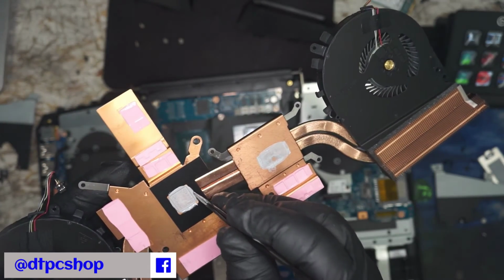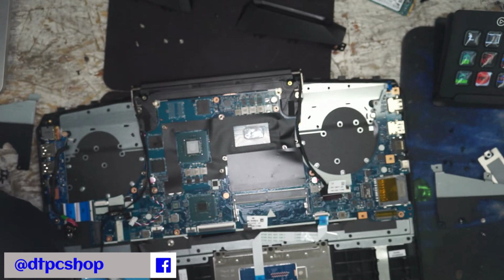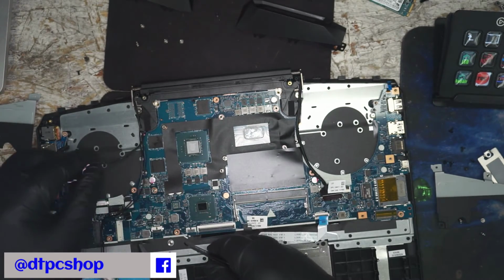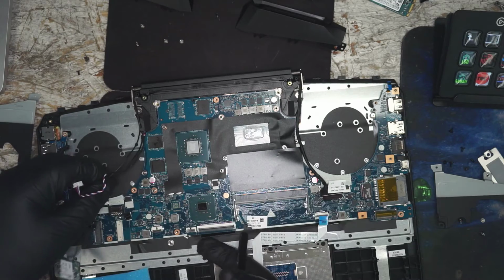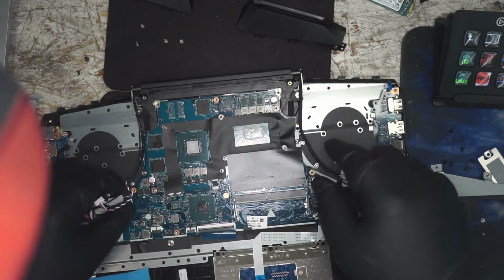Want to see how tacky. The very tacky new thermal paste. This wasn't manufactured very long ago. We're still going to have to apply new. And with that, I don't think,